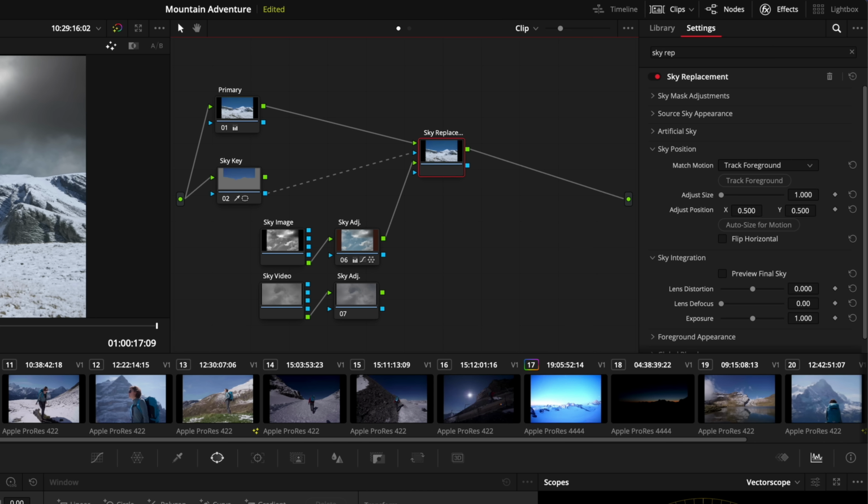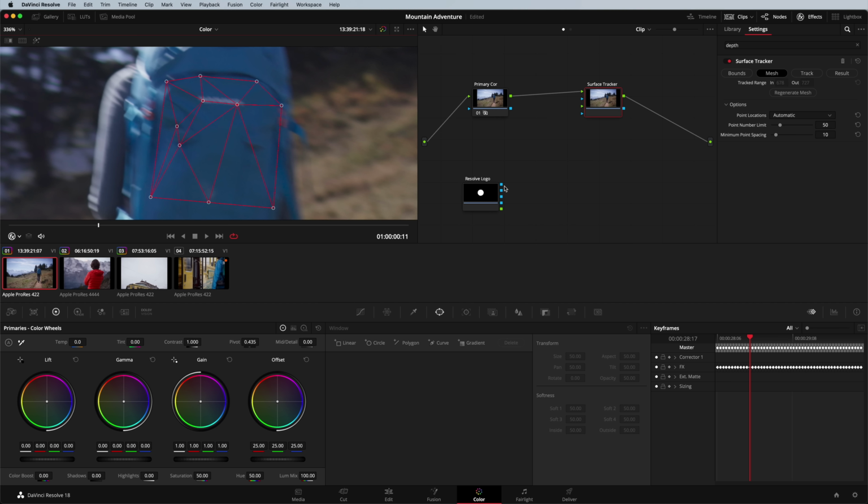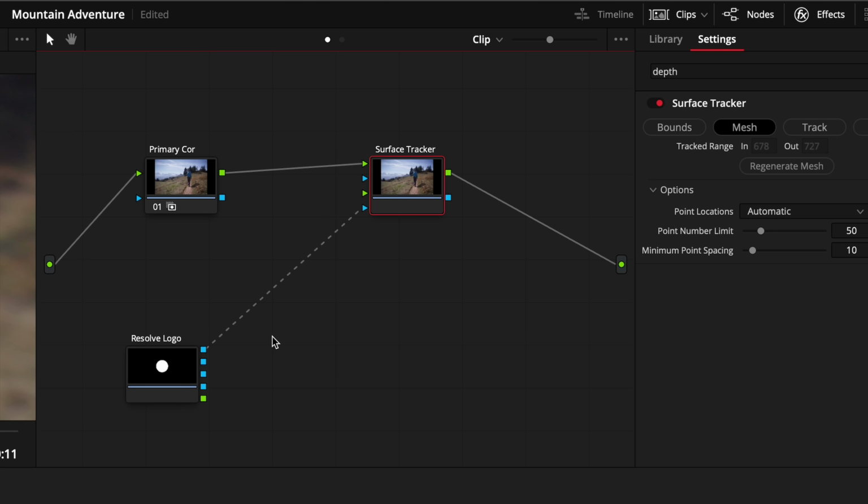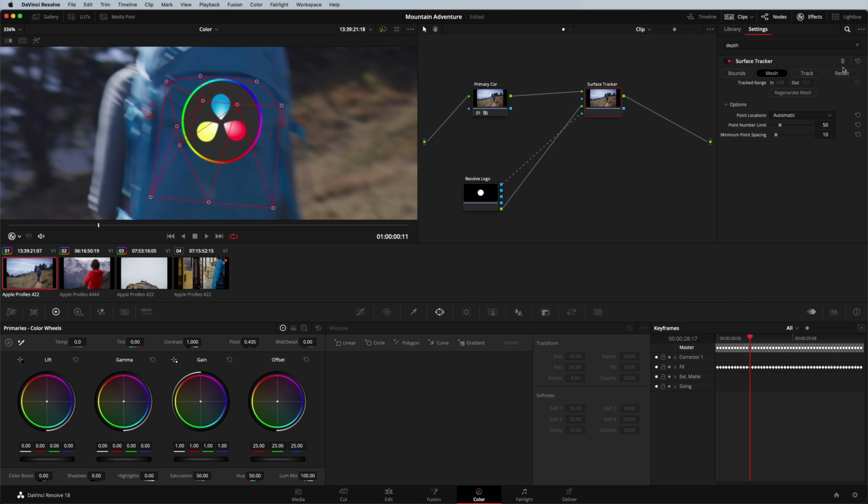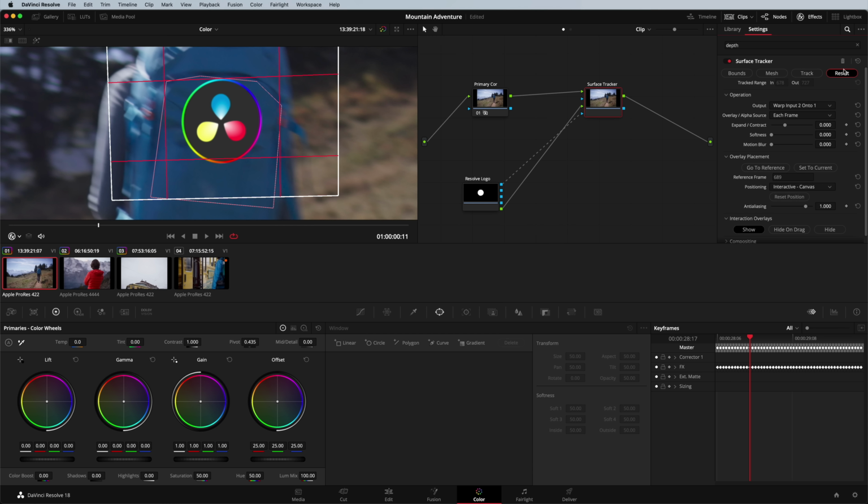In DaVinci Resolve 18, the new Surface Tracker added fast retouching and image manipulation directly in the color page. Now, in DaVinci Resolve 18.1, support for motion blur has been added to improve the realism of textures mapped onto fast-moving surfaces. You can match the amount of motion blur to the scene using the slider in the Result tab.